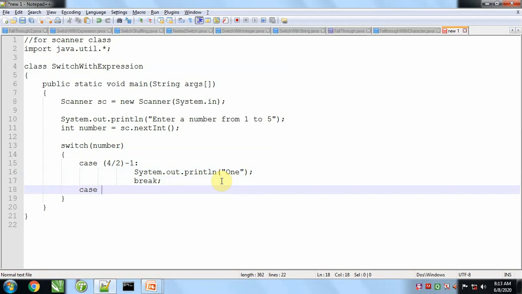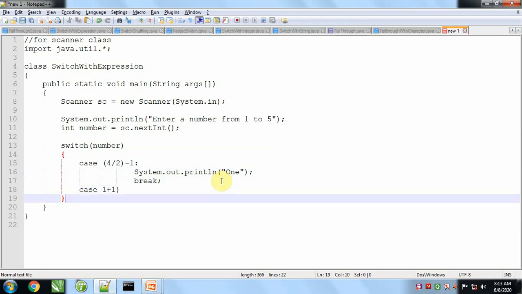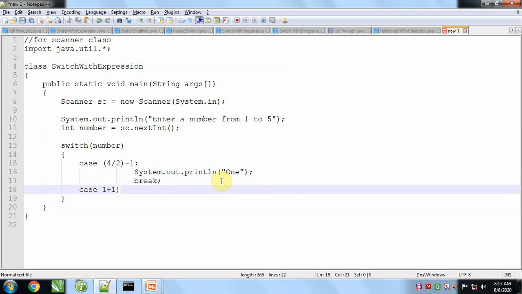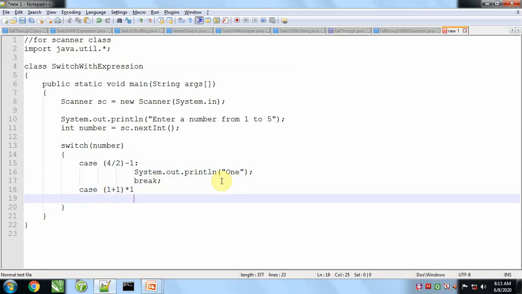For case 2 we will write 1 plus 1, it will be 2, into 1. 1 plus 1 will be 2, and into 1 it will remain 2.